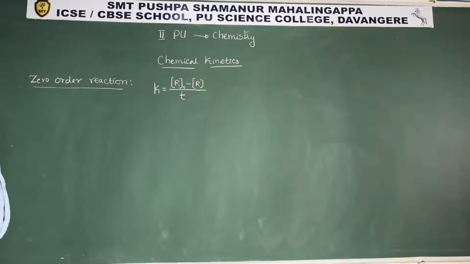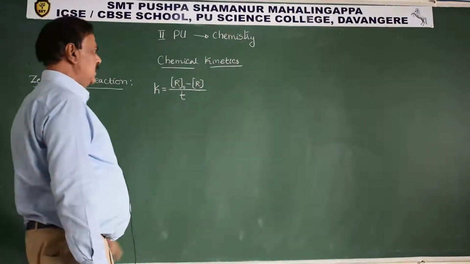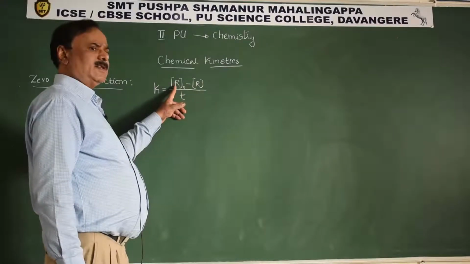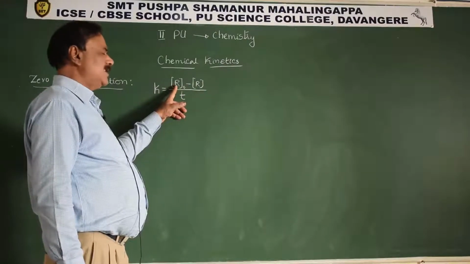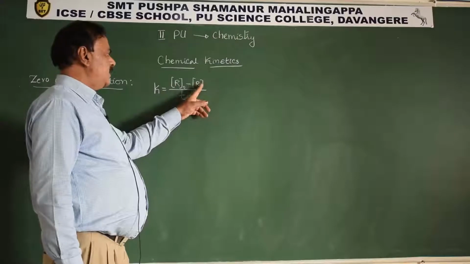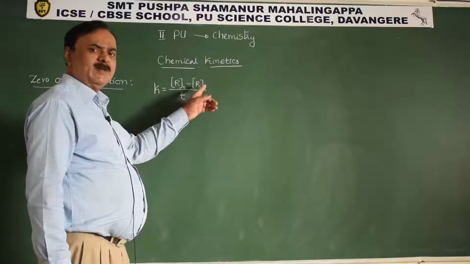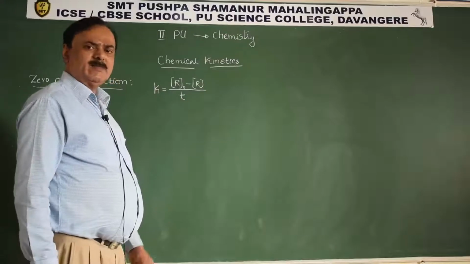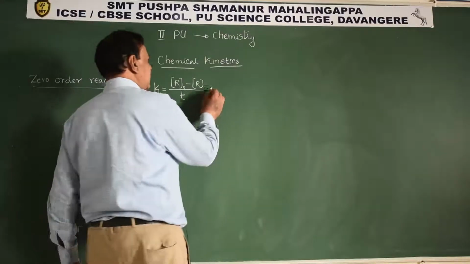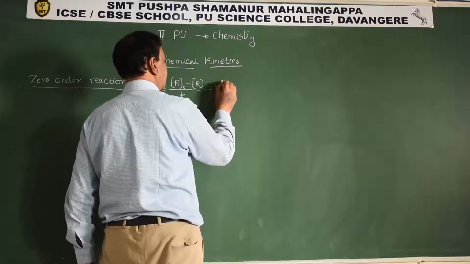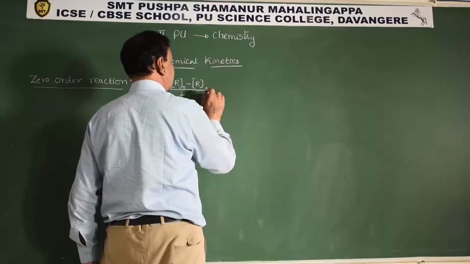Velocity constant of the zero order chemical reaction is given by R naught minus R, that is the initial concentration of the reactant at zeroth time, minus R, the concentration of the reactant at an instant of time t, divided by the time interval. Unit of this R is molar concentration, that is amount of the substance in